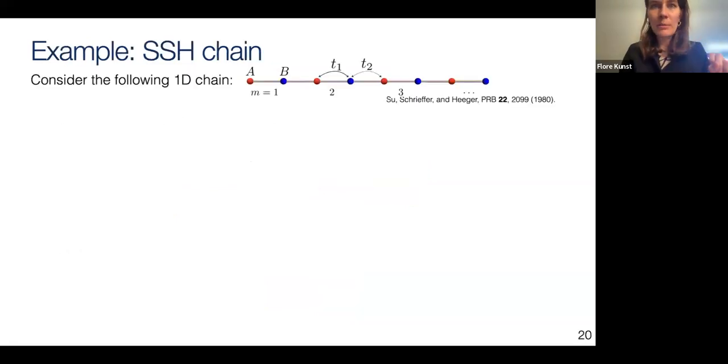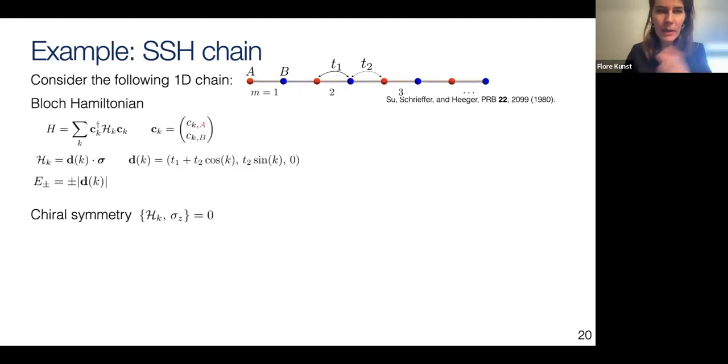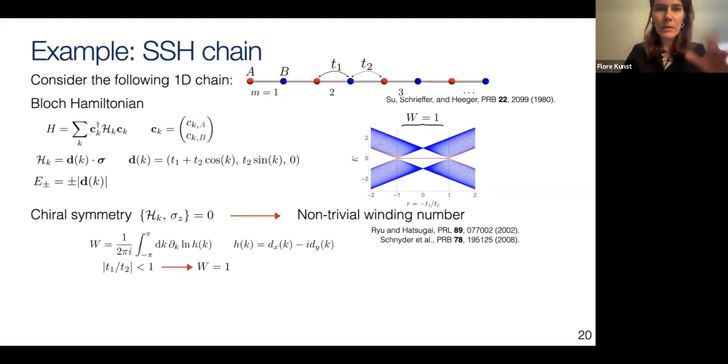So if we now do the Hermitian SSH chain, this is the same chain as before, but I got my zero right. Here's the Bloch Hamiltonian. I will not go into too much detail because I think most of you know it, but basically this is what the d vector looks like in this case. Then you can define a non-trivial winding number. This is not the spectral winding number, but the winding number of the wave functions. So here you see that this winding number is 1 if the ratio between the hoppings in the system, T1 over T2,